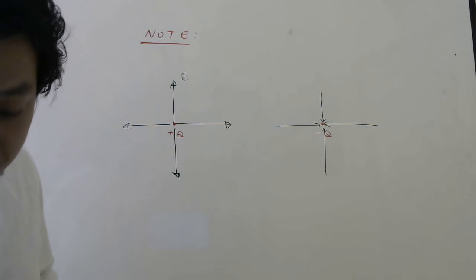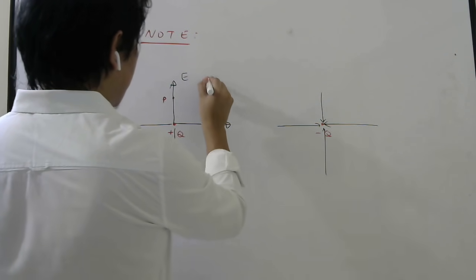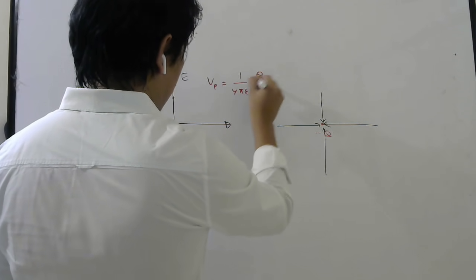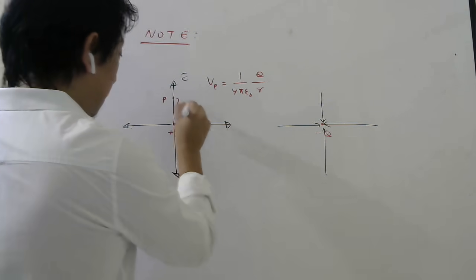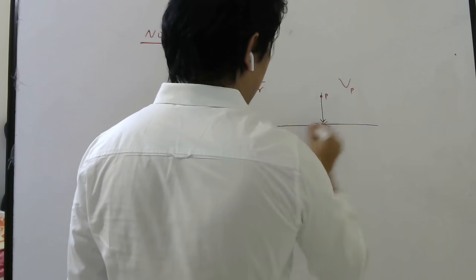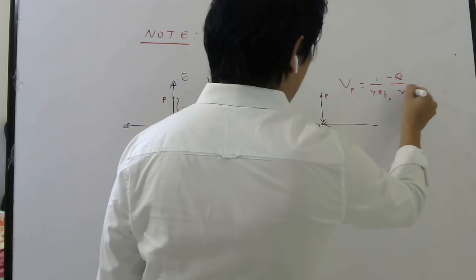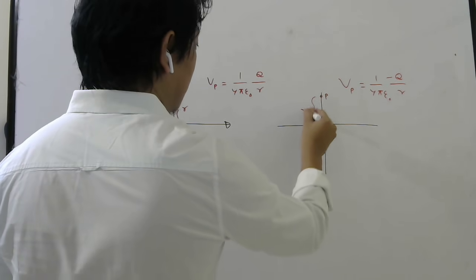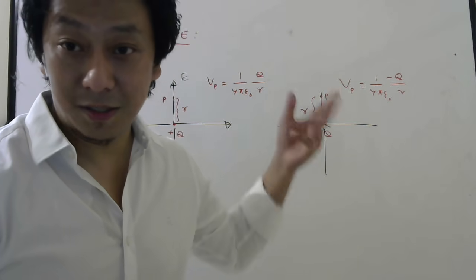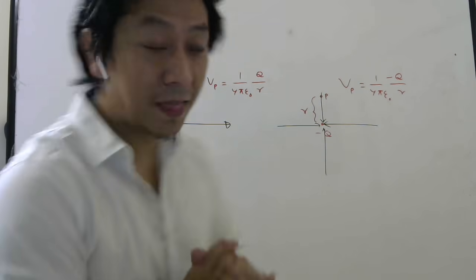Now see something very interesting. Potential at any point, choose any point P. Potential at point P will be how much? 1 by 4 pi epsilon naught q by r. What is r? This distance. Here if I write potential at some point P, what will be potential? 1 by 4 pi epsilon naught. What I should write? Minus q by r. And r is this distance. Okay, so the magnitude itself is negative, remember, because it depends on charge. Charge can be negative, so potential can be negative even if it is scalar. Okay, so now look carefully, students.